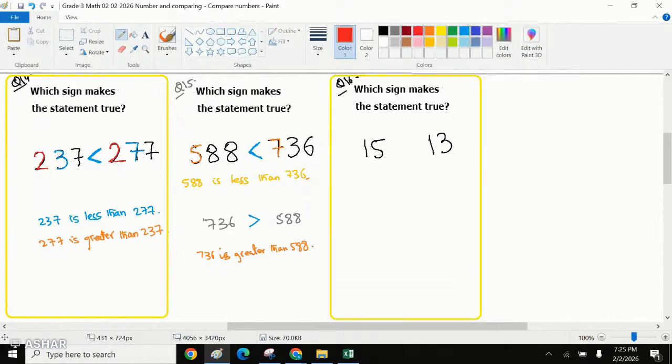We know that they both have the same tens. So we compare the ones position. So which value of ones is greater? 5 or 3? Yes, thank you. We would simply put this as greater, or if you want to write the reverse, we say 13 is less than 15, right? So we would try, Rebecca,